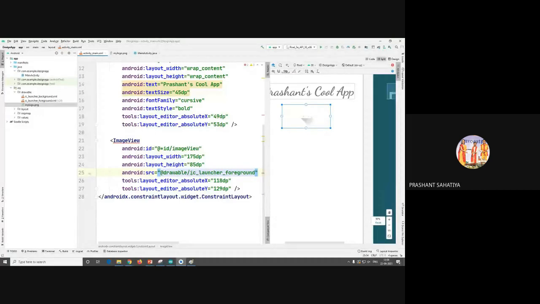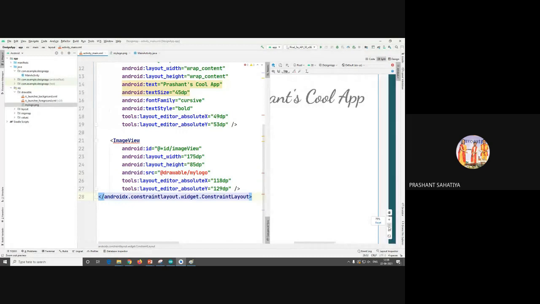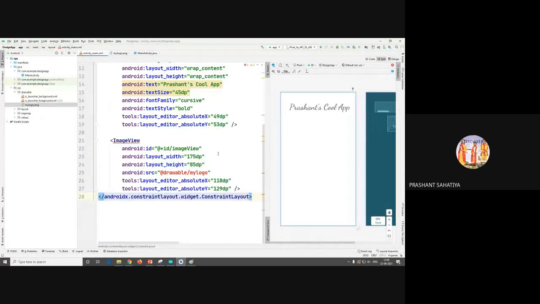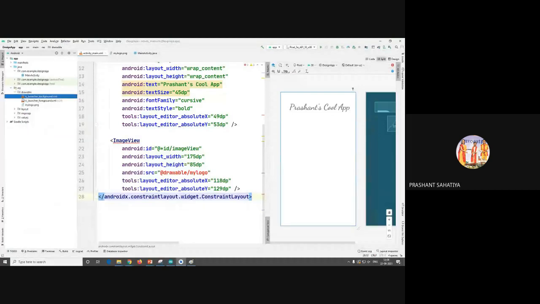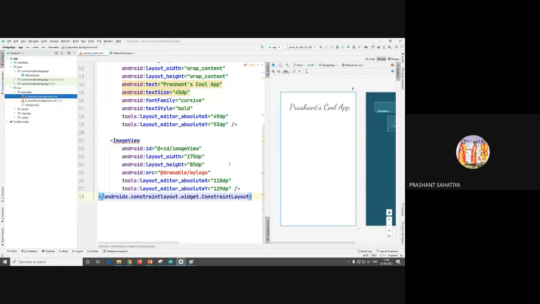Chalo. So I'll remove this and I'll give my logo. Okay, it is there.